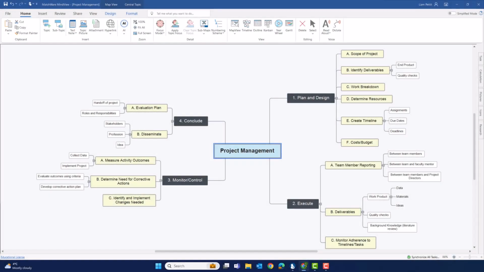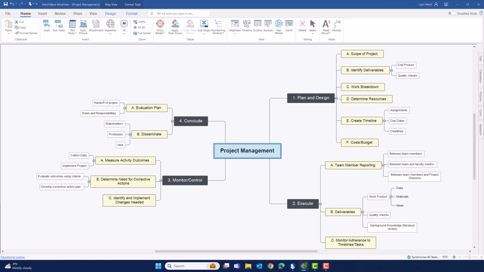Welcome to this MindView video tutorial looking at customizing your mind map. In this session, you'll be introduced to the design and format functions of the tool. You'll learn how to edit whole mind maps, change colors, shapes, as well as edit individual branch items. We'll look at how to change background colors, background patterns, and review the various different layouts and styles available in